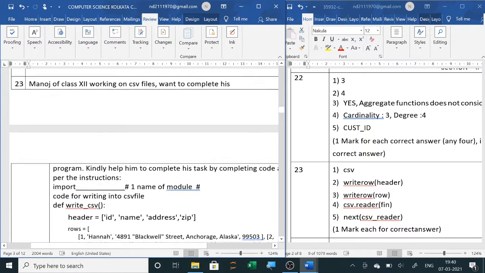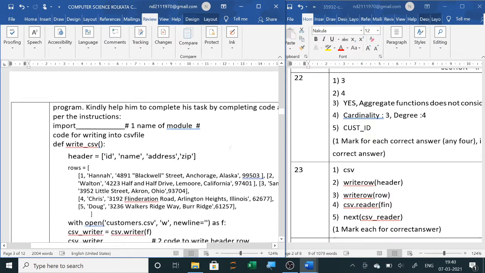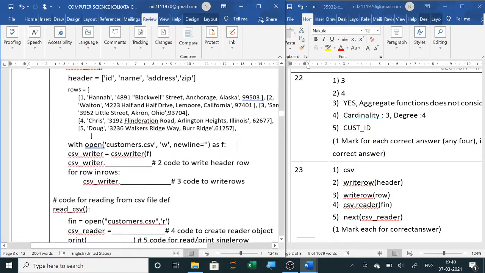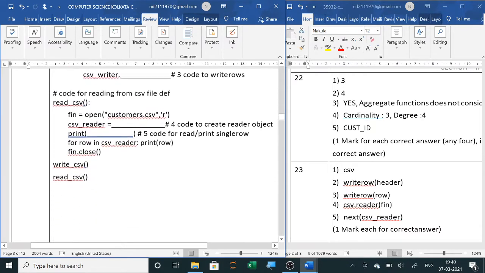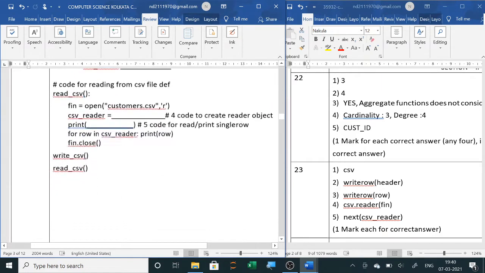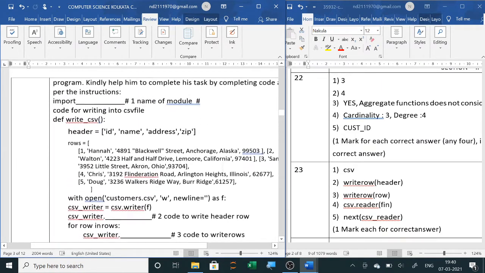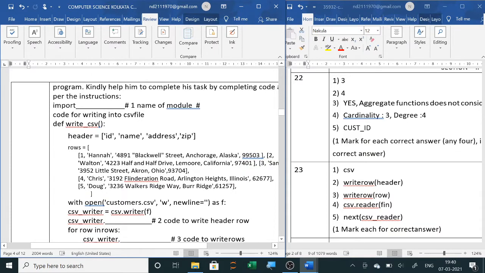Now the next question is on CSV files. CSV files we have also seen in our sample paper, where normally we use it. So you can see the questions here. The first fill in the blanks will be import, so import csv. The second one, after writer, is writerow.